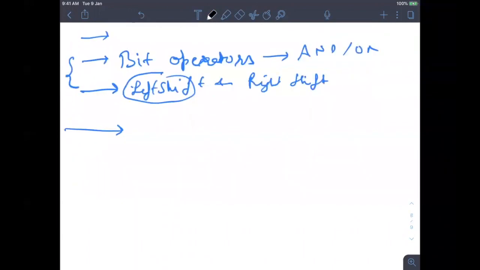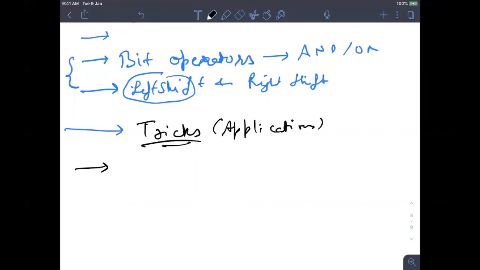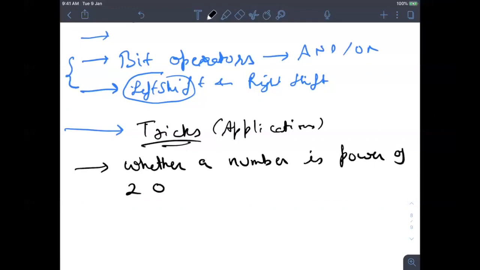What are the applications of the left shift and right shift operators? Yes, that is a good question, and we are going to discuss that. I'll give you some tricks, like applications of these things. One is if you want to check whether a number is a power of 2 or not.